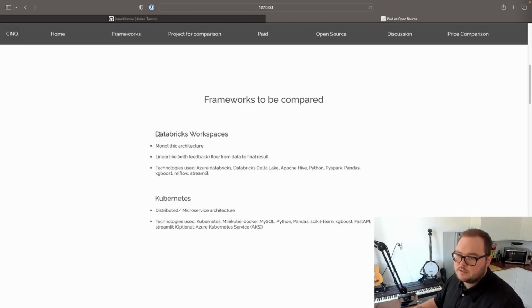As I said, Databricks workspaces are the paid one, and Kubernetes is the free, open source version. Databricks in this instance is using something called Delta Lake to house their data, building a meta layer over this using Hive and Hadoop, which is then what you interact with. That's where you can have your SQL and your Python, PySpark code interacting with your backend. And then it uses its own Databricks MLflow format,